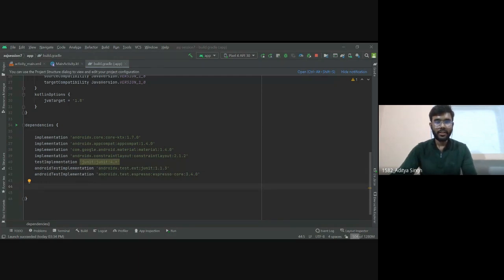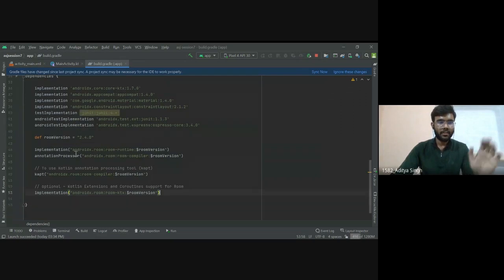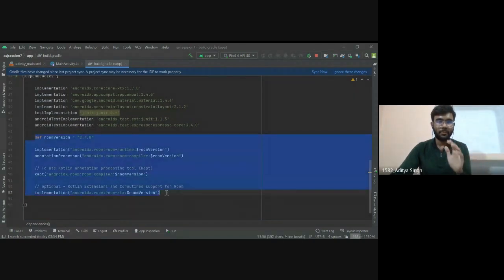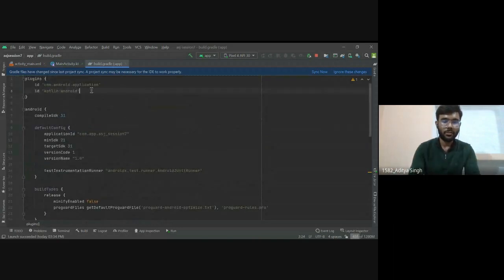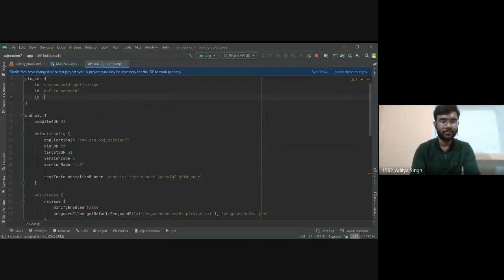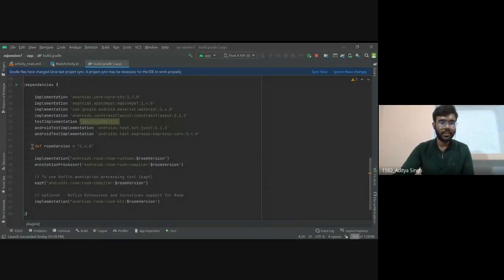Whatever app I am going to create, you can find this code on GitHub and Discord as well. So you can refer from there if you are lagging behind. These are the Gradle files which I showed you in the PPT, and the plugin which I was talking about is this one. So this plugin is necessary, and these Gradle files I have added.